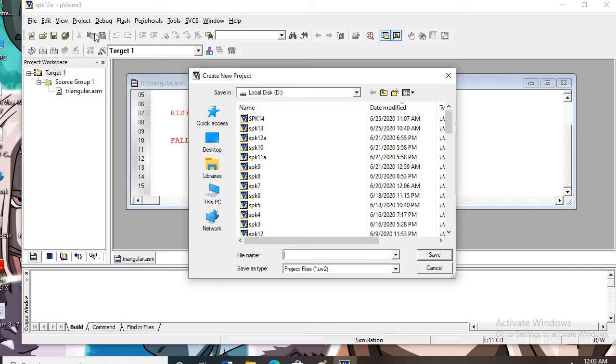You have to remember that for such a lookup table calculation, you have to decide how many values in the lookup table you want. If you want 10 values, if you want 20 values, accordingly you have to prepare that.